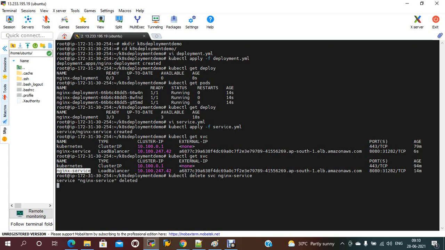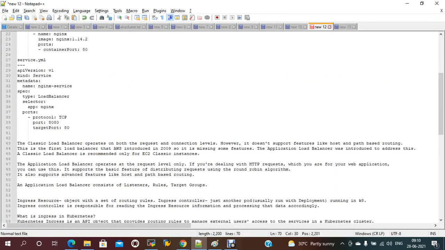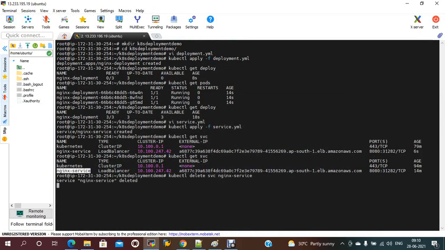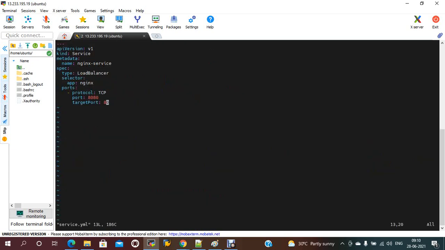And I'll make a change here. This port also I will give 8080 only. So port 8080, it is not. Now check kubectl get service, the service should be deleted. Now vi service.yml.